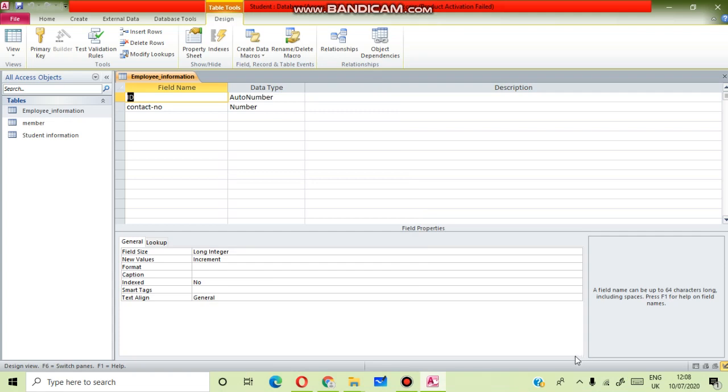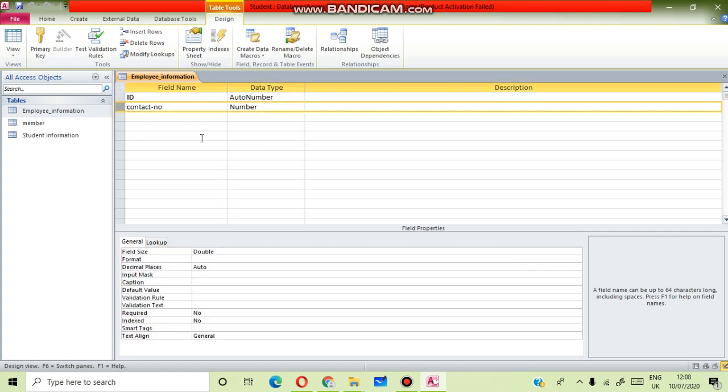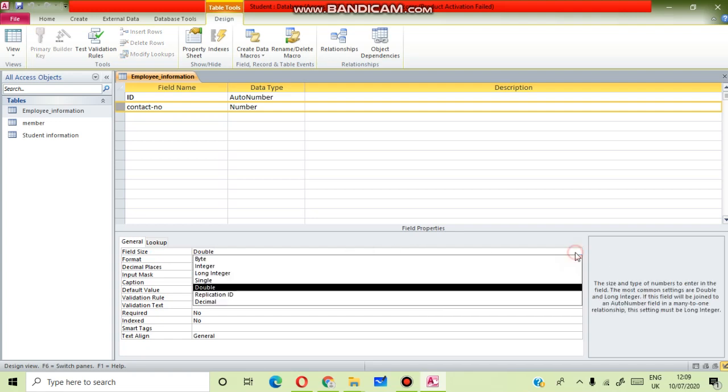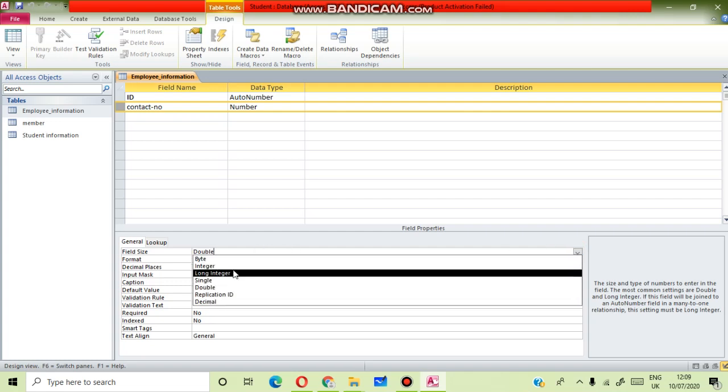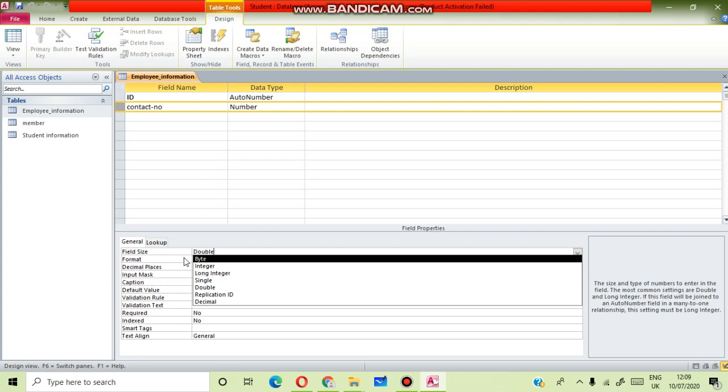Next topic is changing the field size. This is field size. I have selected the contact number field. Here you can change the field size. There are different types of sizes that will be related to your field.